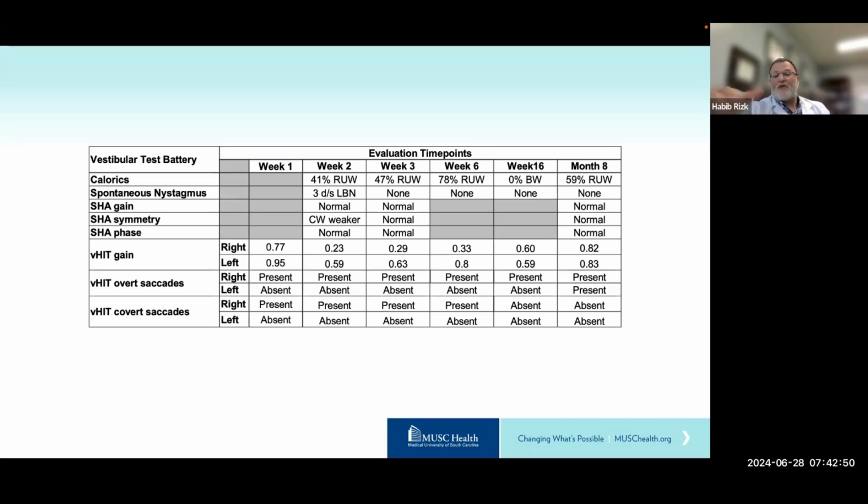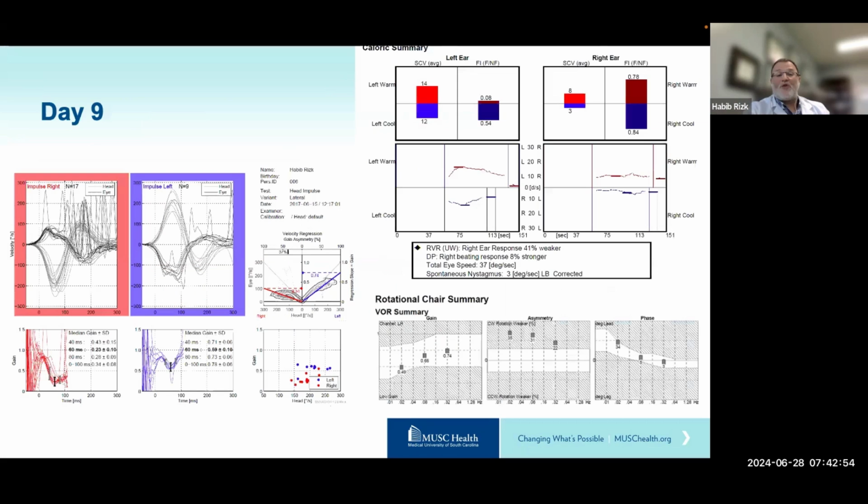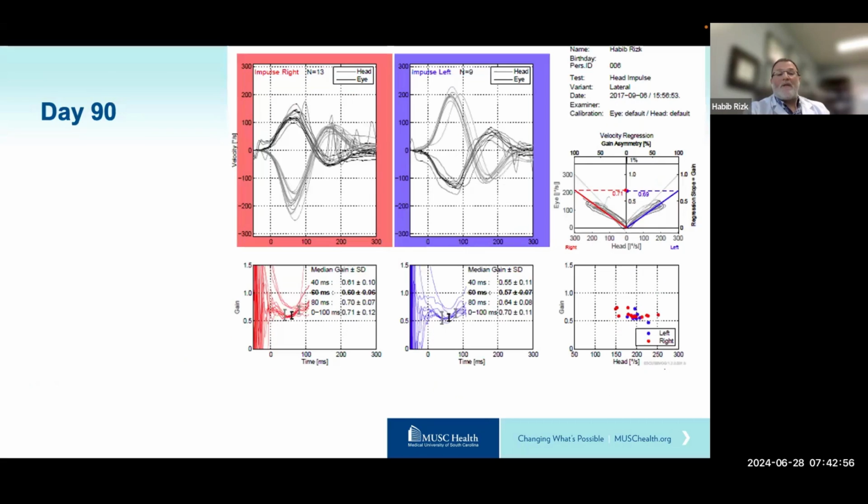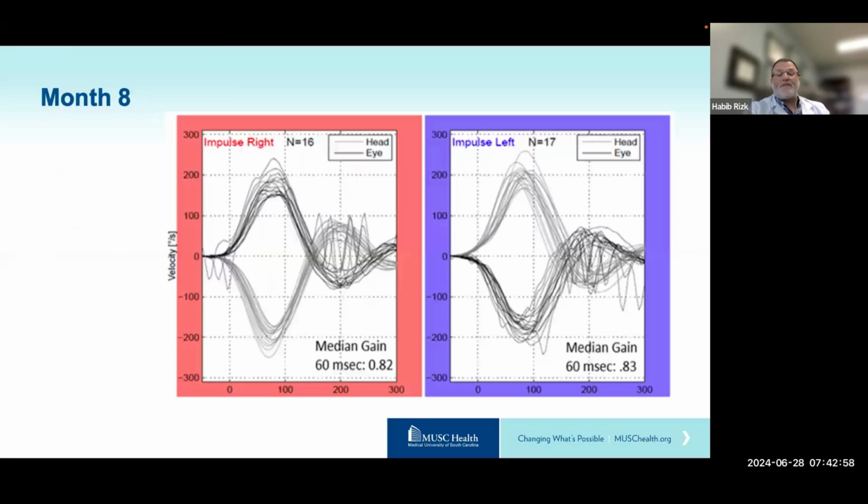So the recovery took some time to get back to, at month 8, what looked like an almost normal head impulse test, which a lot of our patients present like that. They've had an injury several weeks or months ago, and you do a head impulse test when they come in, and you barely see anything abnormal, hence the importance of the history, obviously. But in this case, there's this scar that I will be basically carrying for subsequent head impulse tests that will show that something happened in that ear.